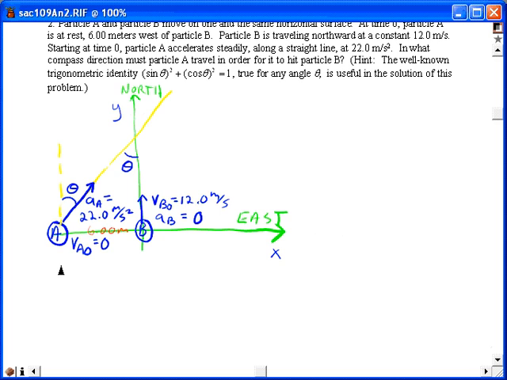The way to go about this is to break up the motion into x and y motion, write down the position of each particle as a function of time, and set those two sets of coordinates equal to each other, the x coordinates and the y coordinates for the two particles. So to break everything up into x and y motion, we first have to ensure that